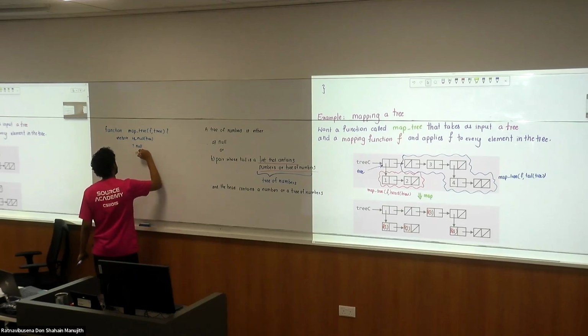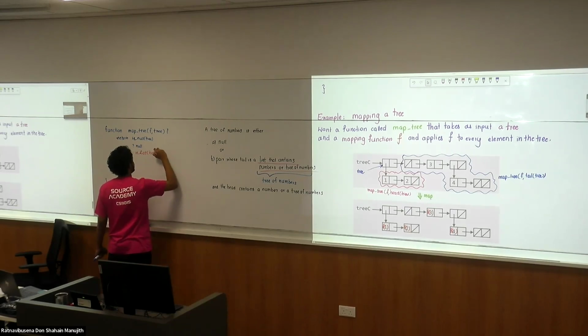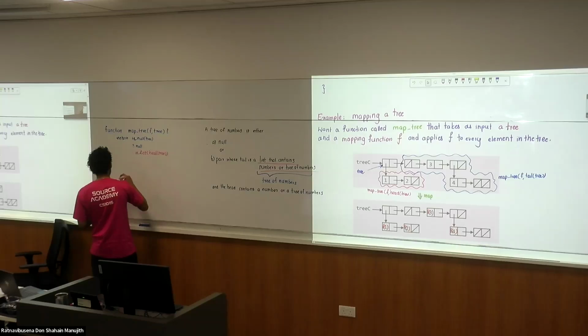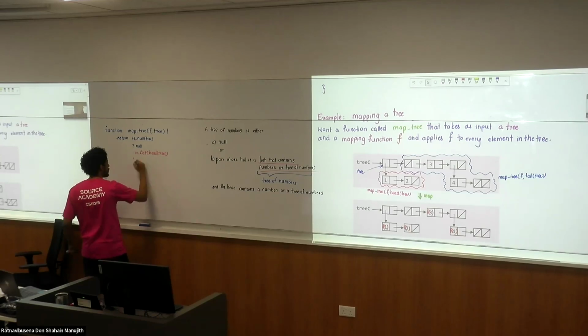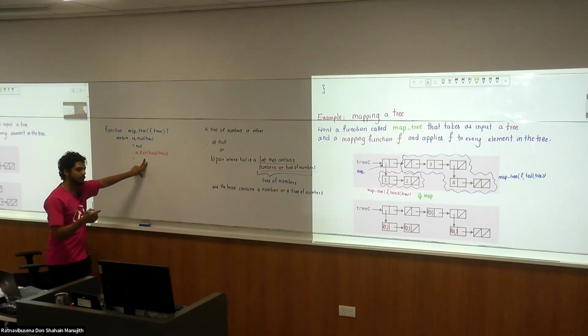If is list, head tree. Okay. If it's a list, then what should you do? If the head is a tree, then what should you do? Use visual thinking. Then I should just map the head, map the tail, and then